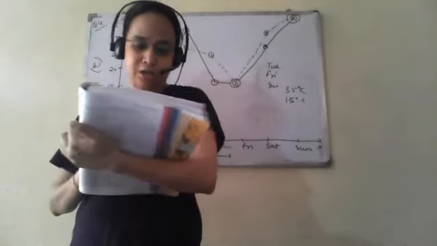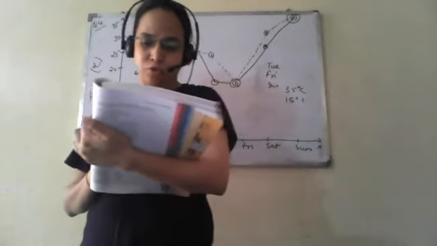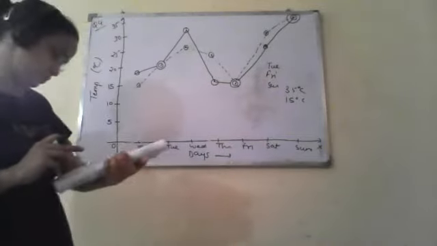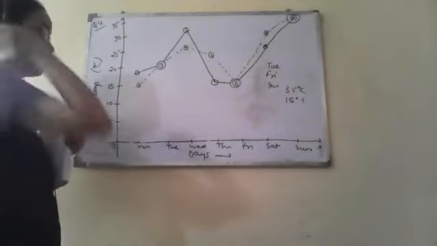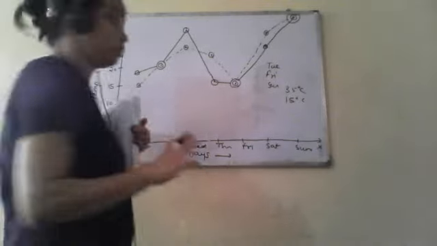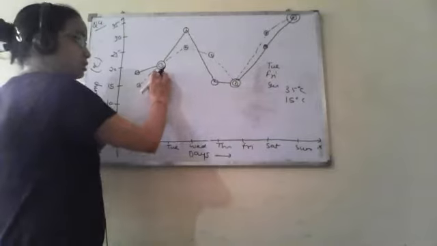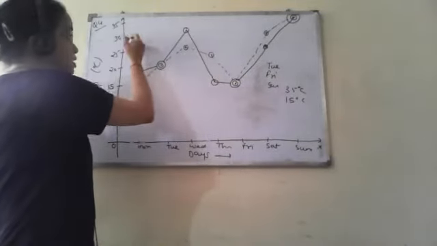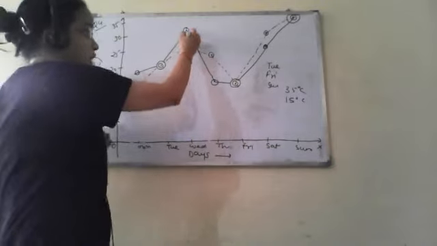On which day did the actual temperature differ most from the forecasted temperature? This can be easily shown from the graph. On Monday, it is 15 and 17.5. The difference will be 2.5. Tuesday they are the same, and on Wednesday it is 30 and 25. The difference will be 5 degrees.